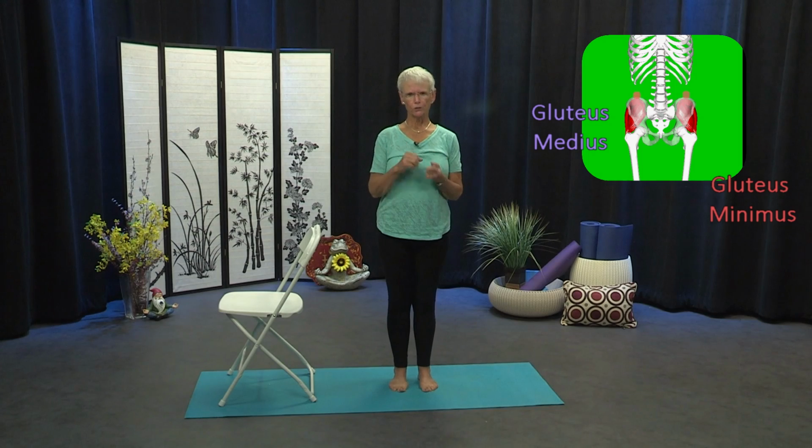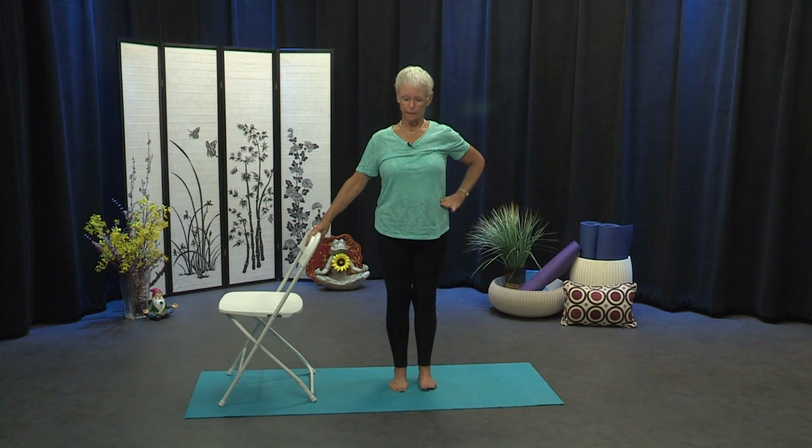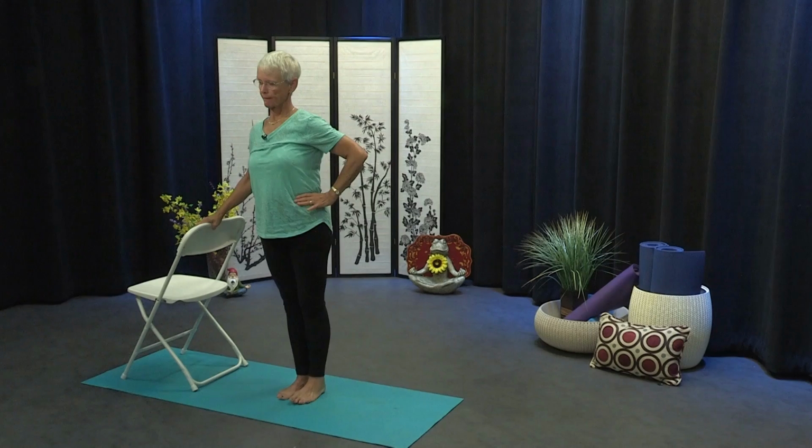Because if you're too loosey-goosey, that's not good. If you're too muscular, that's not good either. So we're trying to find that balance in this practice. So we're going to take the left leg out to the side, toes pointing forward, and we're going to do it 5 times. 2, 3,